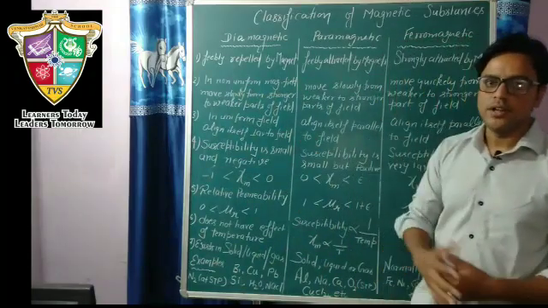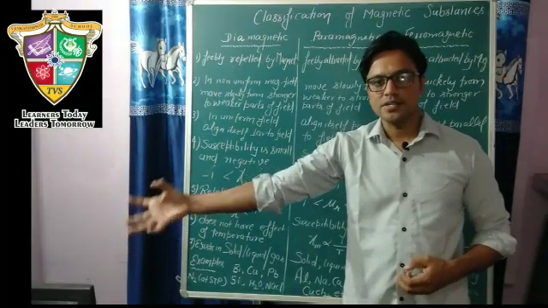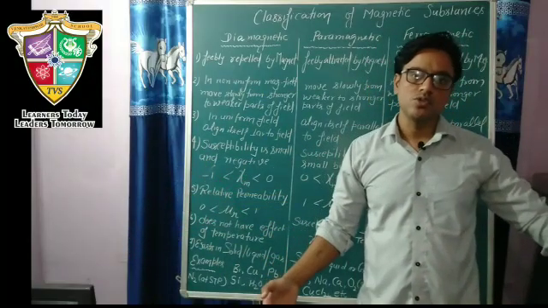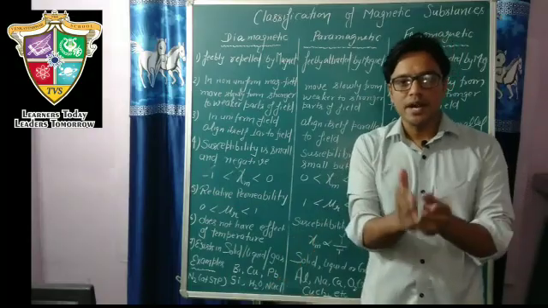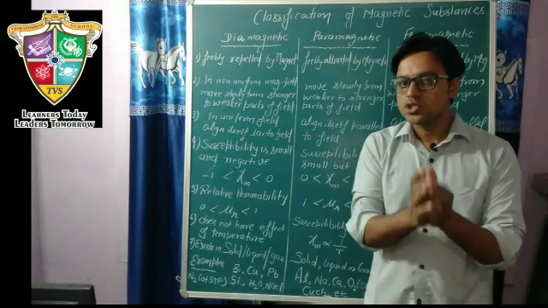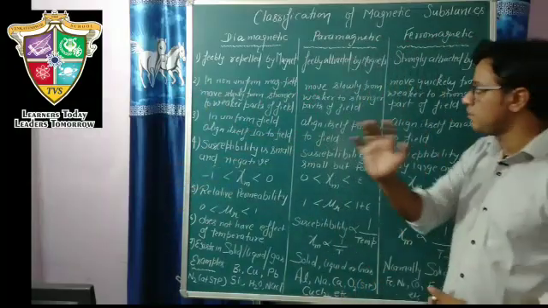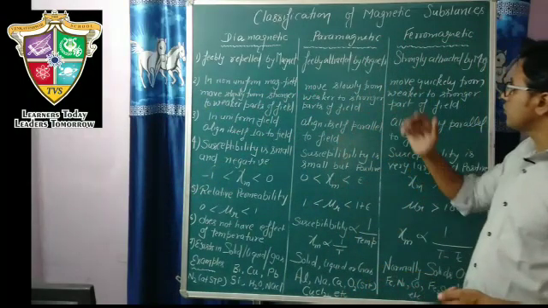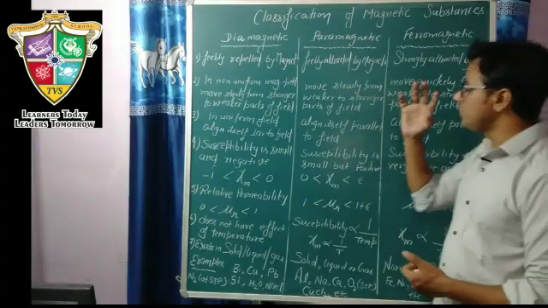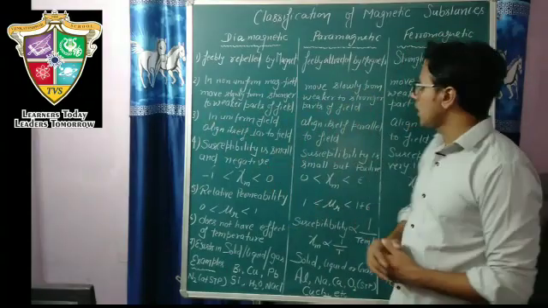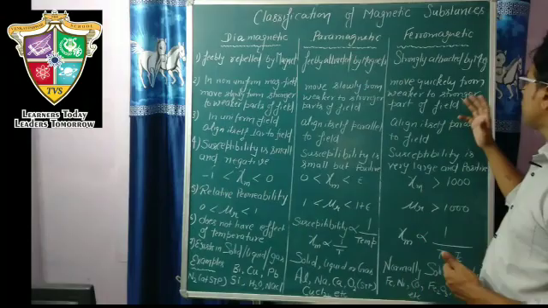of the field. If one side has a strong magnetic field and the other side has a weak magnetic field, then diamagnetic substance moves slowly from the stronger part to the weaker part of the field because it is repelled. And in case of paramagnetic, they move slowly from weaker to stronger parts, and in ferromagnetic they move quickly from